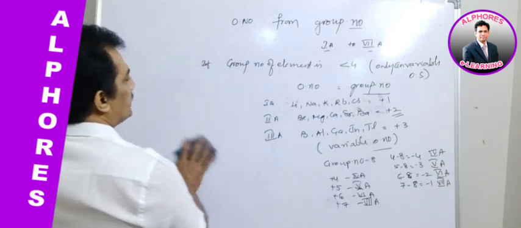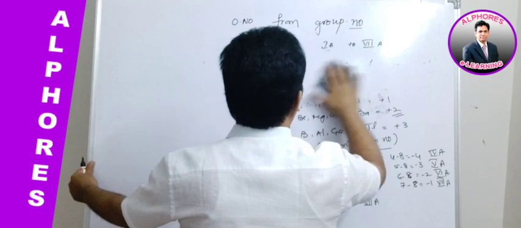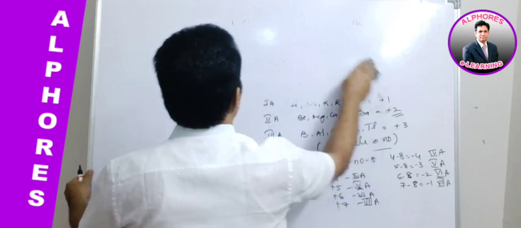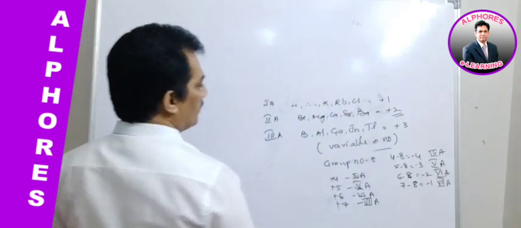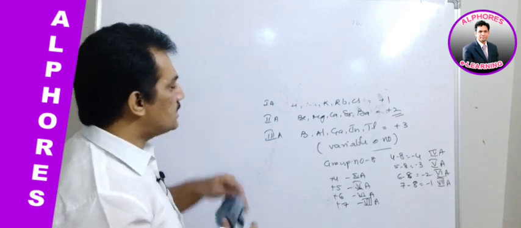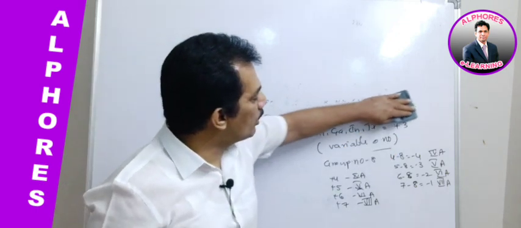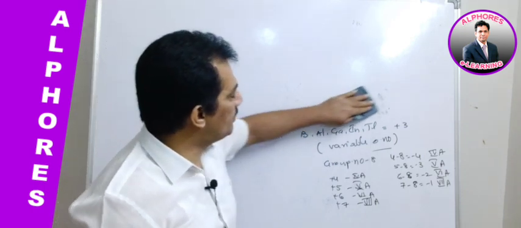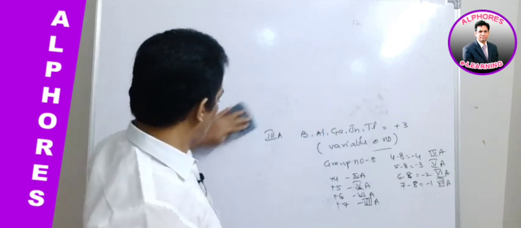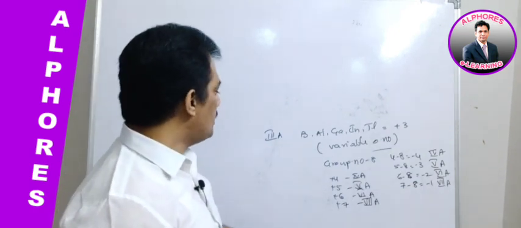In case of first group and second group, there is no exception. In all their compounds, if the element is from the first group, they always exhibit +1 oxidation state. And in case of the second group also, we never find any deviation from this. So we need not worry about the S block elements, which are supposed to exhibit +1 and +2 oxidation states. And as you know, first and second group elements are otherwise known as S block elements. Clear?